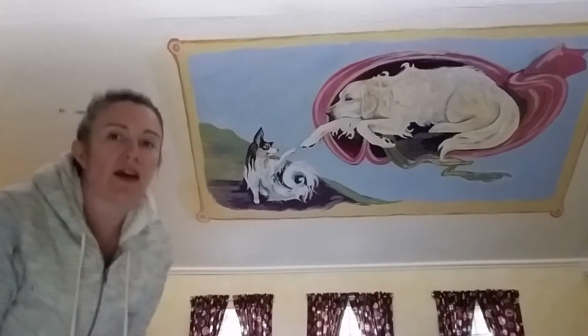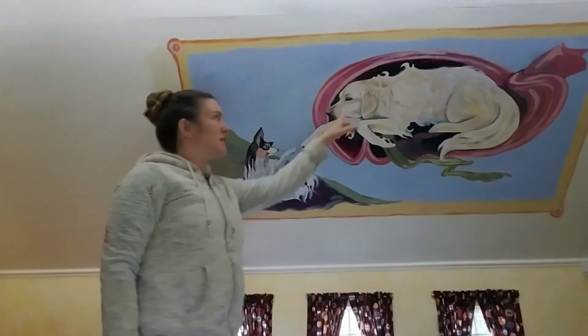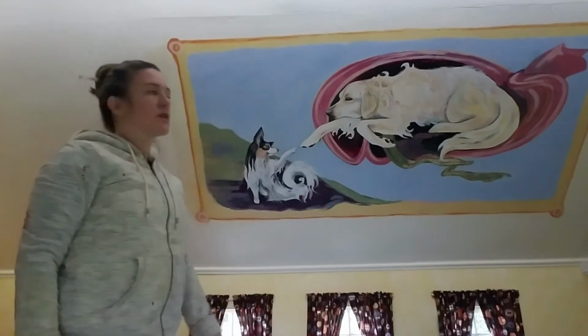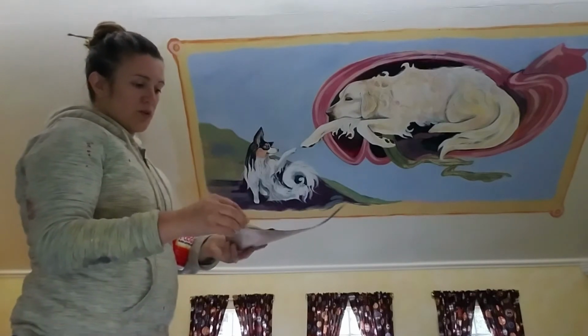Today I am glittering the mural. I've painted enough in, and I'm going to start glittering the sky and doing a couple accents on the dogs and maybe some gold around the border. So I'll be using this foam brush, a small foam brush, and